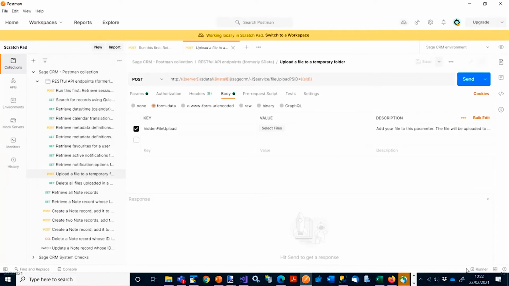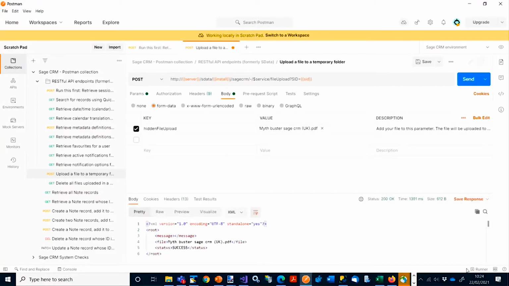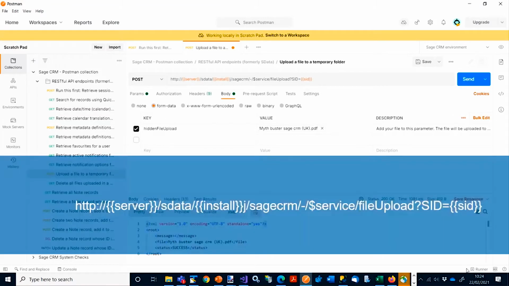The upload method is shown being used here. The file to be uploaded is attached using the Posts section Hidden File Upload field. If the upload is successful, then a status of success will be returned. The file upload endpoint allows only one file at a time to be uploaded. If you attempt to upload multiple files, then only the first will be processed.